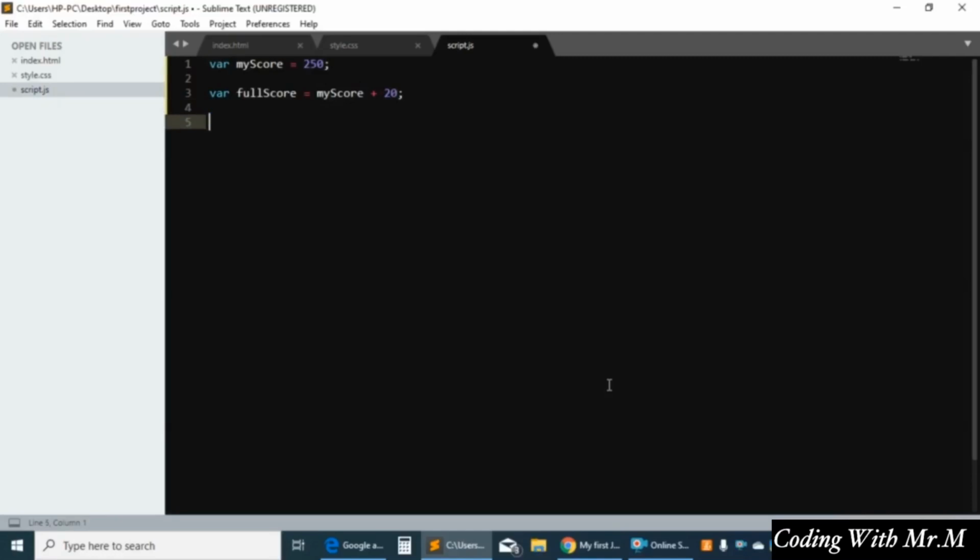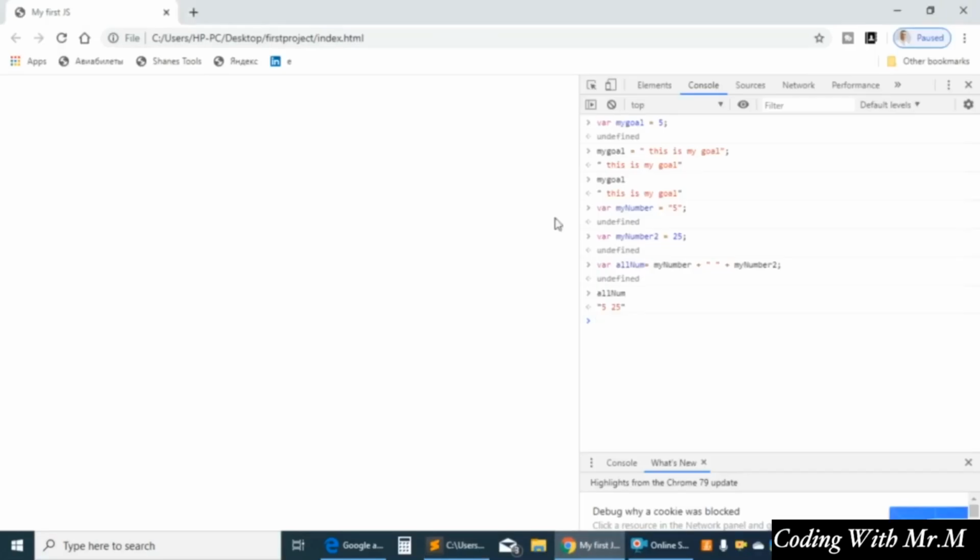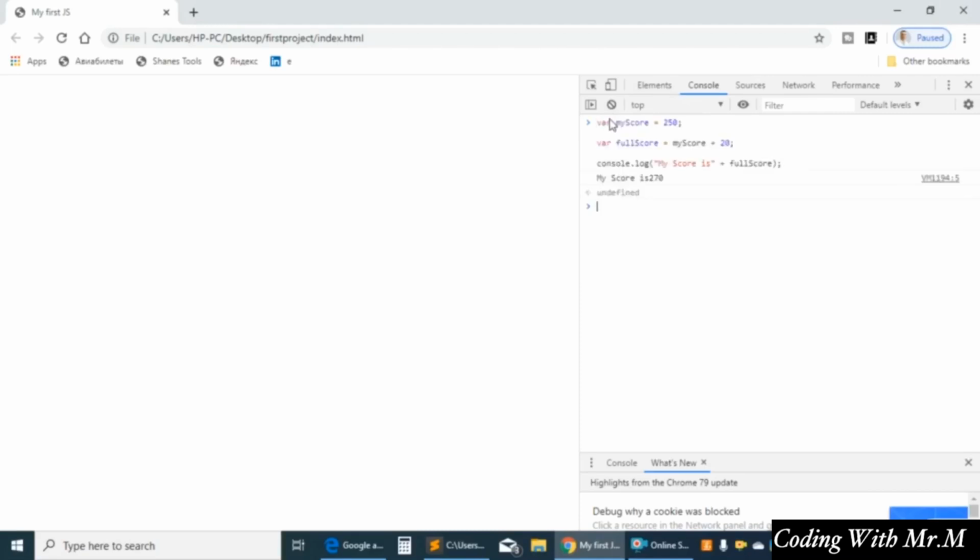Okay, and then I want to console log, so let's write my score is, my score or full score. So copy and paste and go to my first JS, clean up here and put our code over here, and the result, my score is